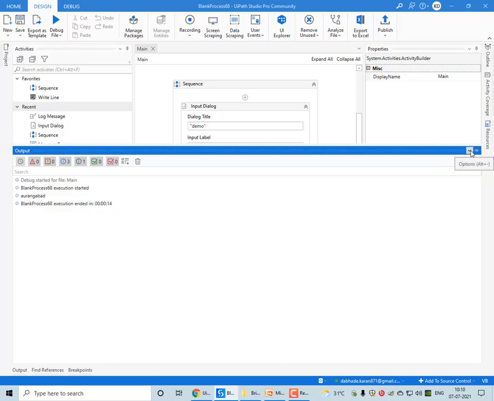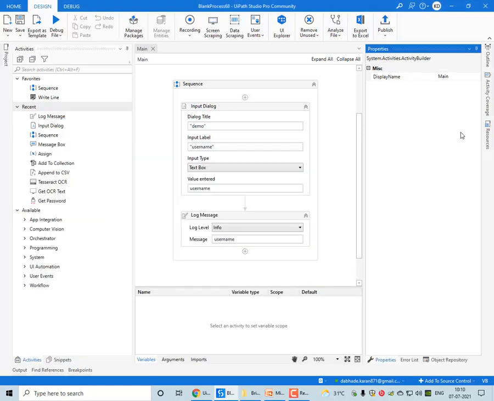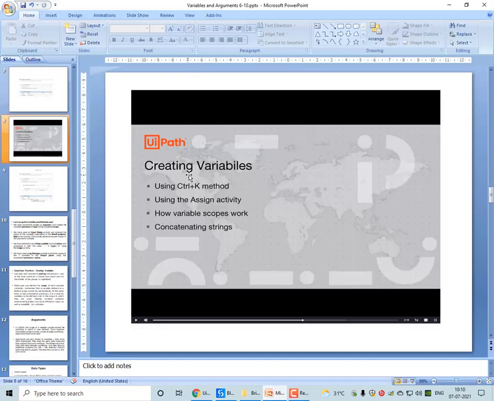So this way we can assign a variable and display the variable in the log message. I hope you understood this part. So this is the usual theory as we have seen earlier also. Control plus K is the shortcut key to create a variable.